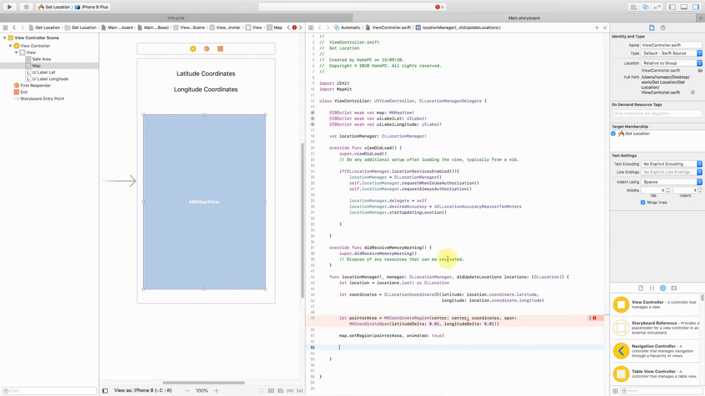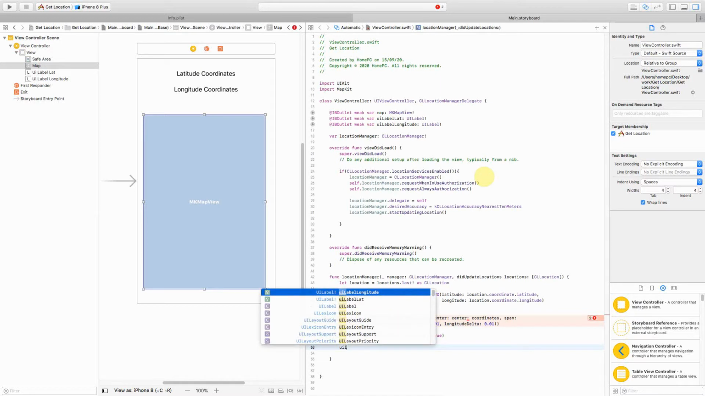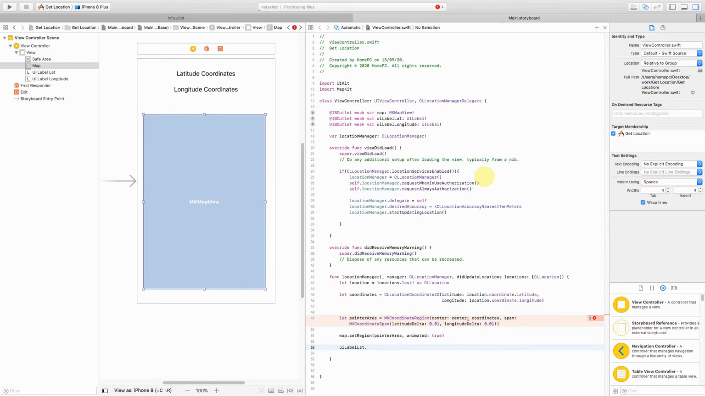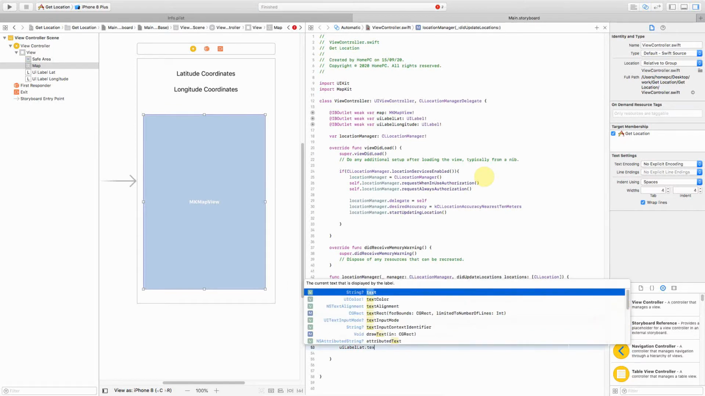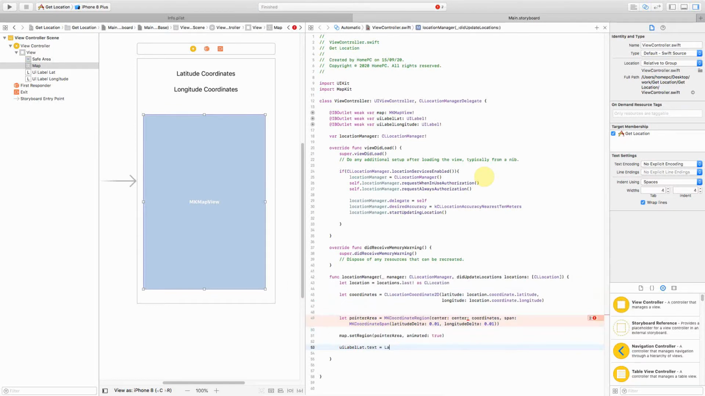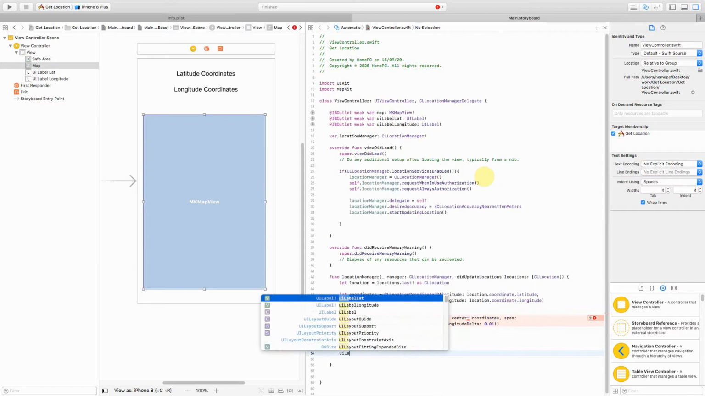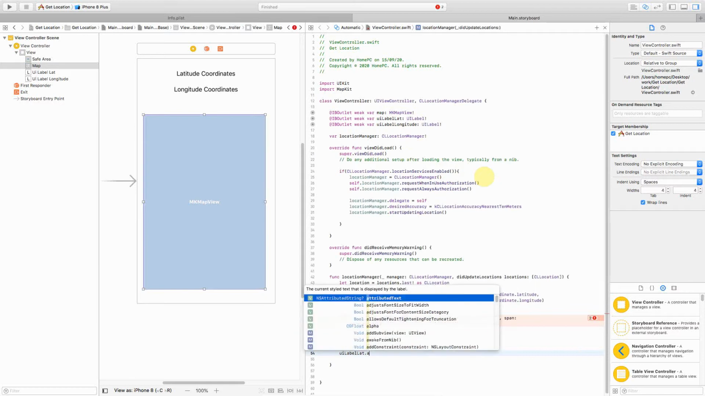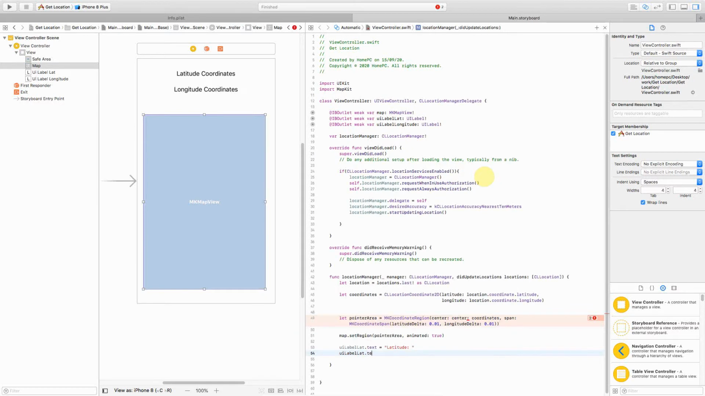Now we'll also take care of the latitude and longitude labels on the top that we have just defined. So we'll quickly take the UI label. First I'll take the latitude label's text, and we'll update this text as "latitude", and we'll append here UILabel lat text dot append. Yeah, append. And then what we can append is the latitude value, which we are getting from location